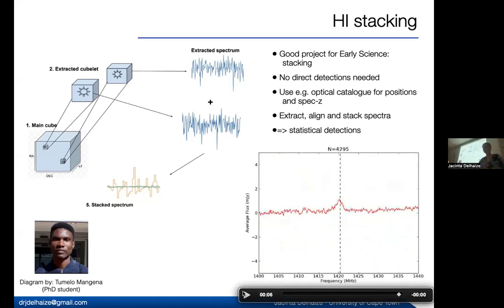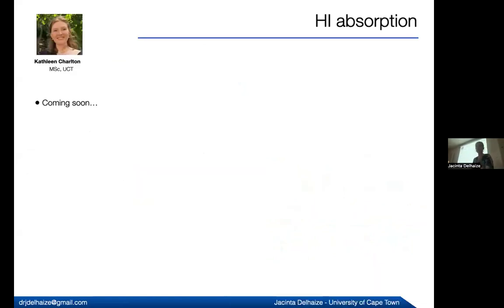And so Tumelo is trying to make these statistical detections of H1 gas in AGN. No luck so far, but we're working on it. And then I just straight up didn't finish this slide. Sorry, Kathleen. But Kathleen's now working on H1 absorption, which is again trying to determine whether or not there's H1